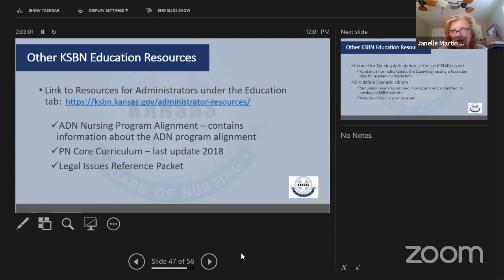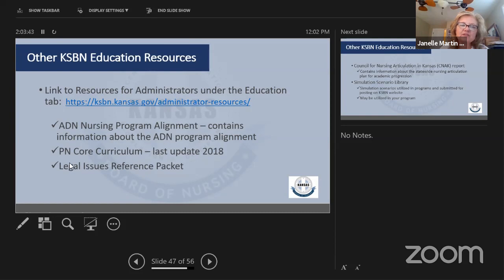Just a little plug for those of you that are in the PN, and I'll say this again this afternoon, but at the board, they discussed the core curriculum again this time, and with COVID and everything else going on, they are making an extension on adoption of the core curriculum with IV therapy through fall of next year. So those that are struggling a little bit with implementation and whether they've gotten their curriculum changes yet in for adding the IV therapy piece, the board has seen fit and worked with KBOR to extend that to fall of 2021 in terms of implementation of the core curriculum with the IV therapy.